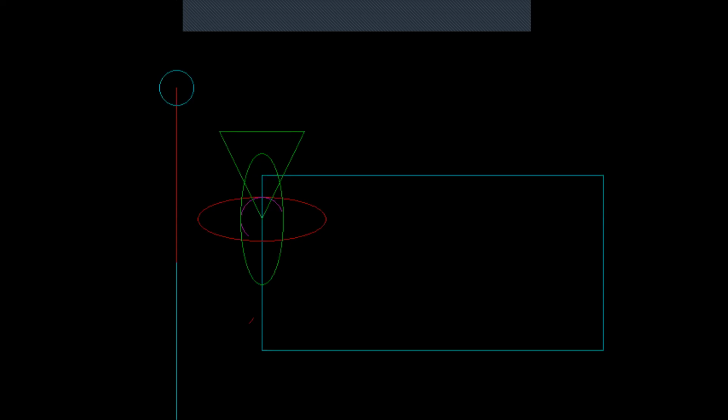It is the ellipse which is stretched on the x-axis. The green ellipse has the y radius at 75. Y value is more, and that's why it is stretched on the y. So it is vertically stretched. There also I have started with 0 degree and ended on 360. That means I am getting the complete ellipse.